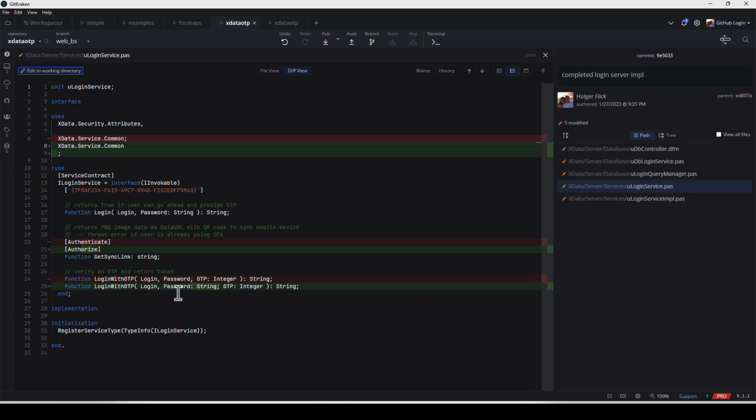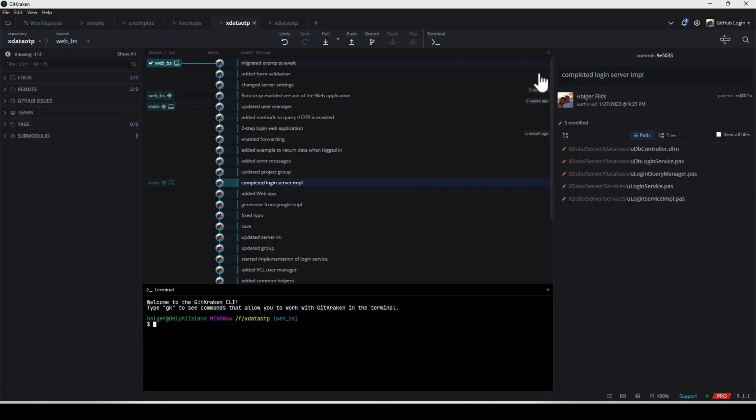And here I changed the login password, was another typo I made. See, I had login password as an integer, and of course login and password have to be a string, and only the one-time password is supposed to be a code, so it's an integer. So you really, really see that you can reproduce what changes you made. If you wanted to, you could provide patches of this sort. If you ever want to provide patches on your source code or whatever, that's all there.